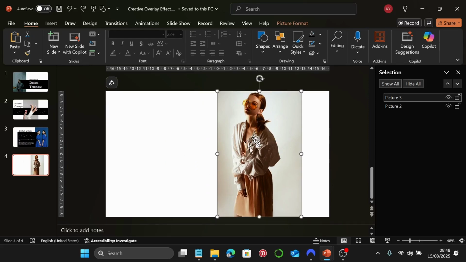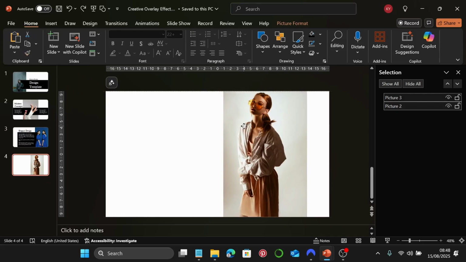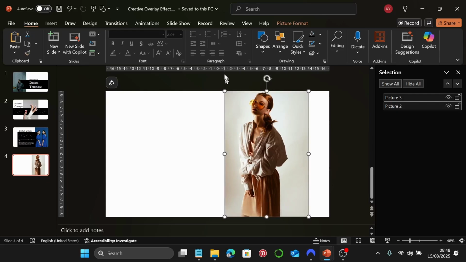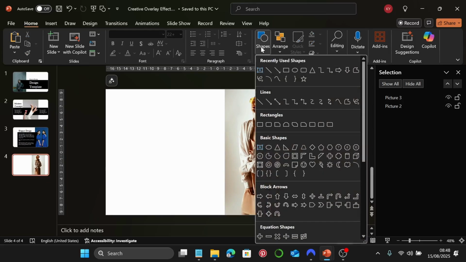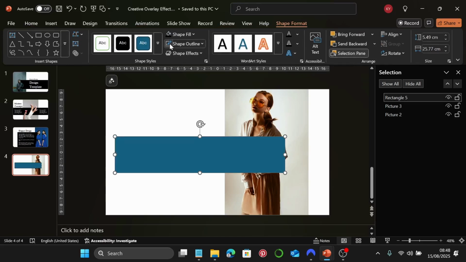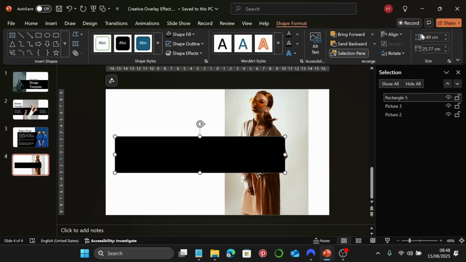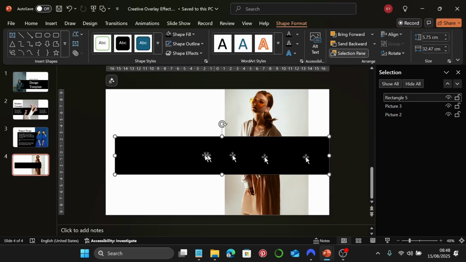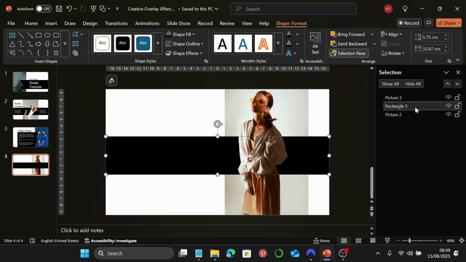So I'm just going to move it. Let me select both of them and let me move it. Maybe the edges are aligned like around 1. Next, go to shapes, rectangle, and just draw one here. Remove the outline, change the fill to black. The height is going to be 5.75, and just extend it till it runs across the entirety of our page, and then bring it in between